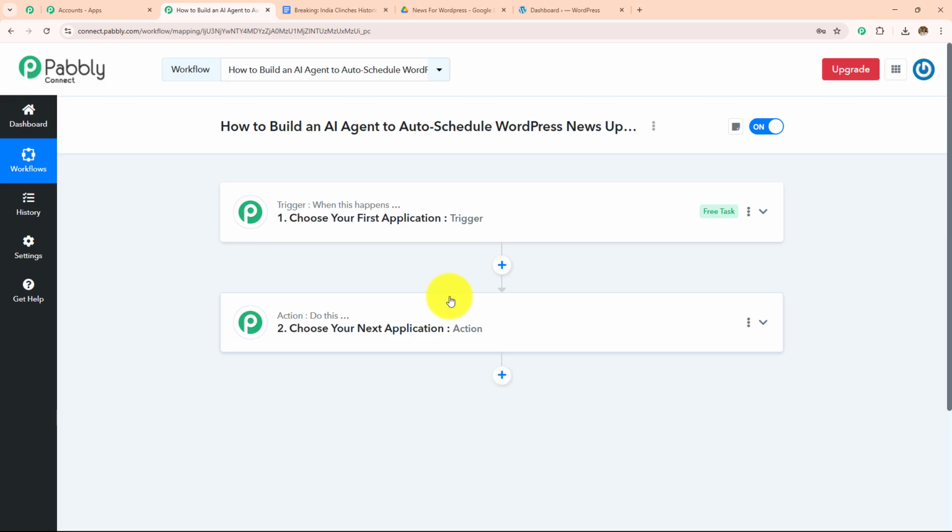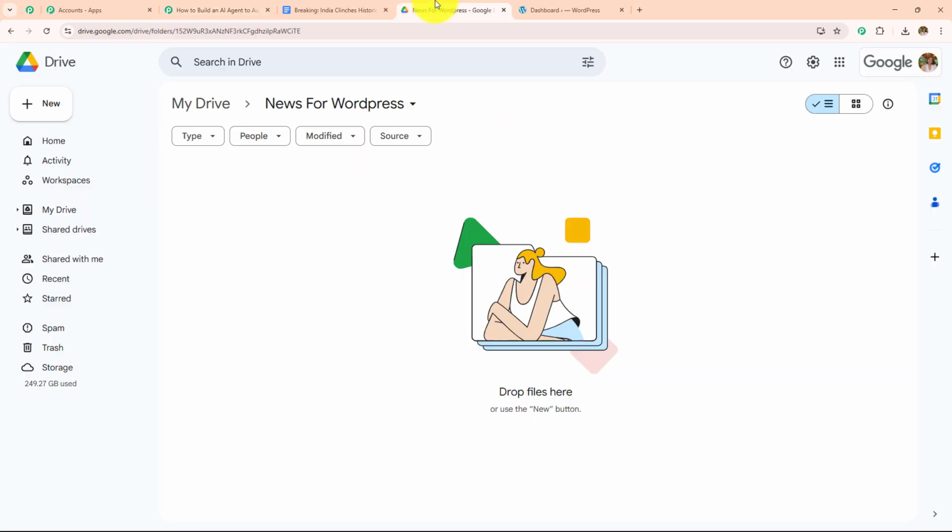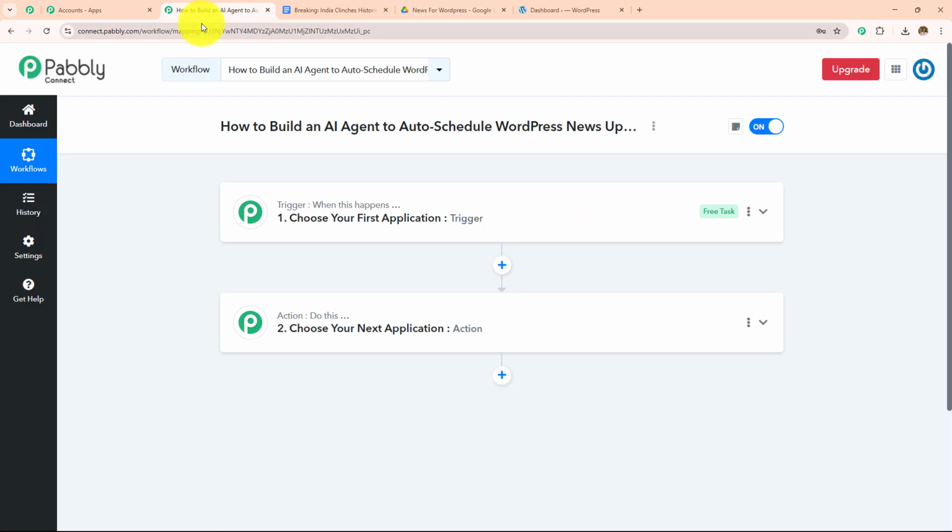Here in this workflow, I want to build an AI agent to auto-schedule WordPress news updates, which means whenever I'm going to upload a new file of this news in my Google Drive account, then it will be automatically generated as a news blog with the help of AI agent, and it will be automatically posted to my WordPress, which means whenever I'm going to upload a new file in this Google Drive, this complete workflow here will get triggered,